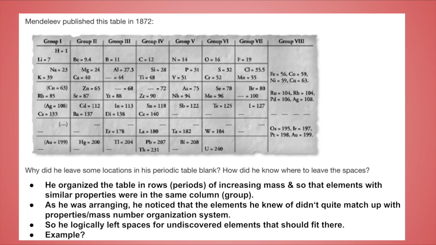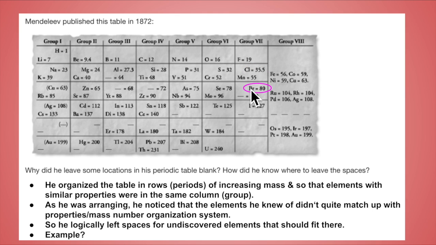Okay, so let me give you an example of how he did this, and hopefully this makes more sense. All right, so we're going to focus on bromine, all right? So he knew that bromine had really similar properties, and remember those properties are physical properties and chemical properties. They had really similar properties to chlorine. So he wanted to put it in the same group, this group 7, same group as chlorine, okay? But of the known elements that they knew at the time, he could have put it